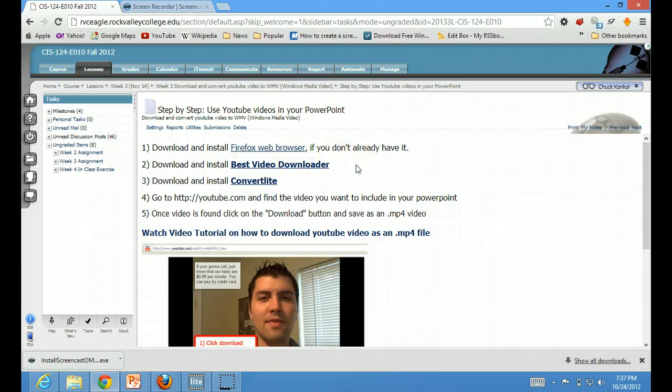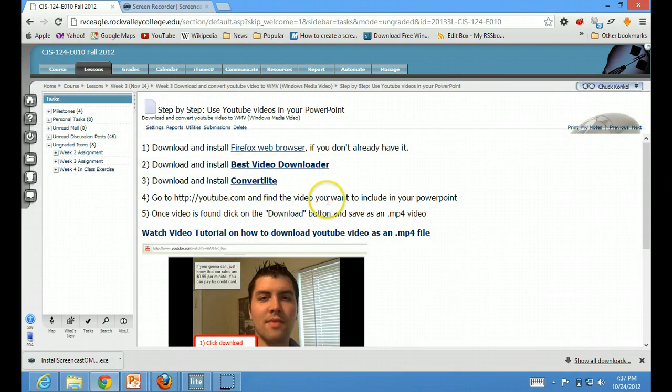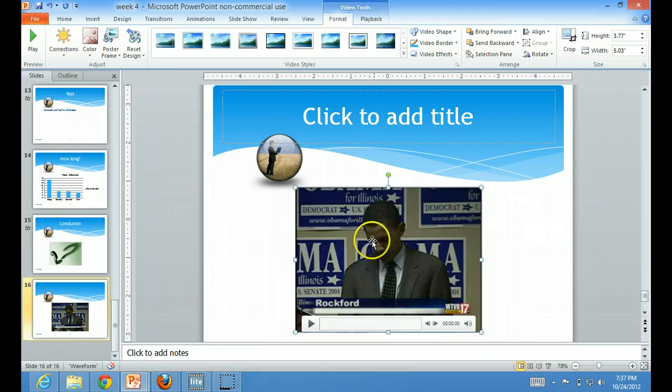And the Convert Lite is a program, this one right here, that actually converts the MP4 to a WMV made for PowerPoint, and that's what that one does. And then that allows you to basically embed that video into the PowerPoint to where you're able then to